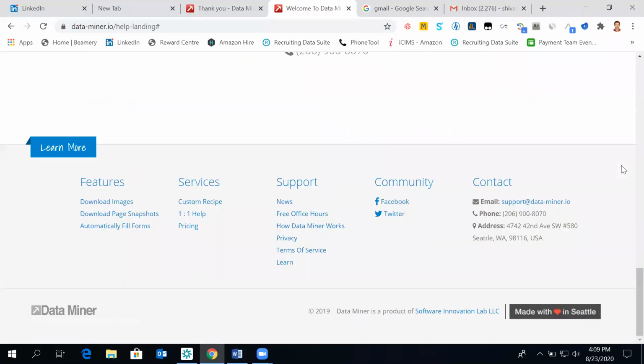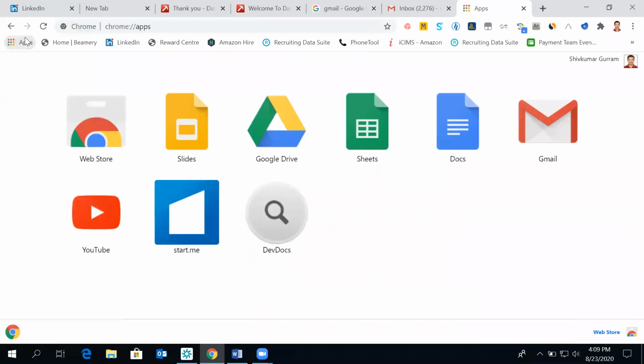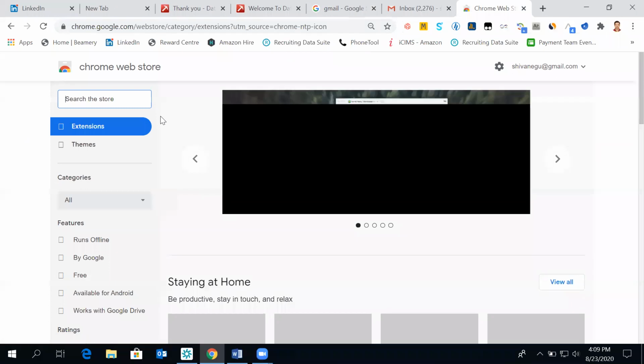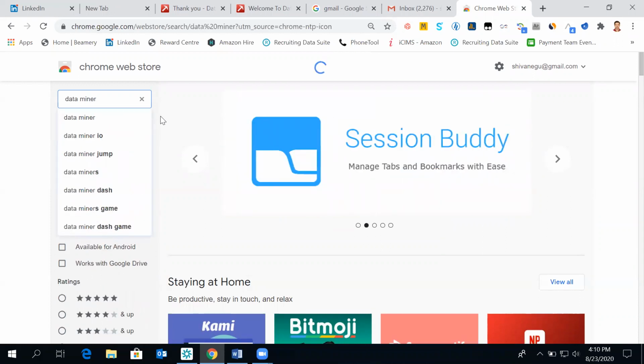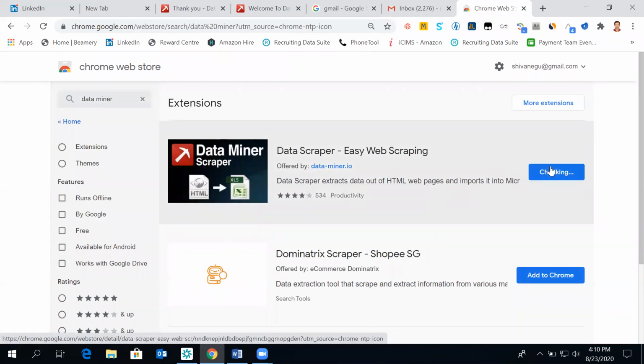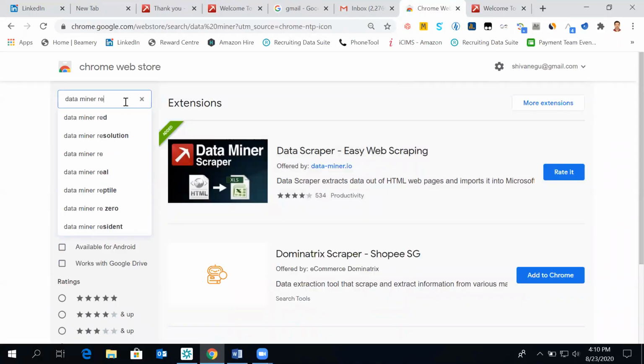After that, we have a couple of tools. Yes, this is the one which we'll be using. Recipe creator.